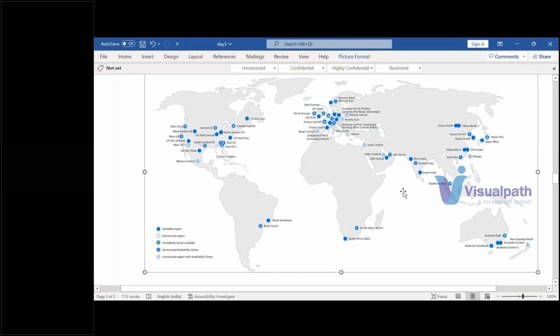Okay, so cost also varies from region to region. Here in India the cost might be less for a few resources, and in Central US the cost might be less for a few resources, but in India the cost might be high for a few resources, wherein the same resources will cost less in Central US. So based upon the locations also,